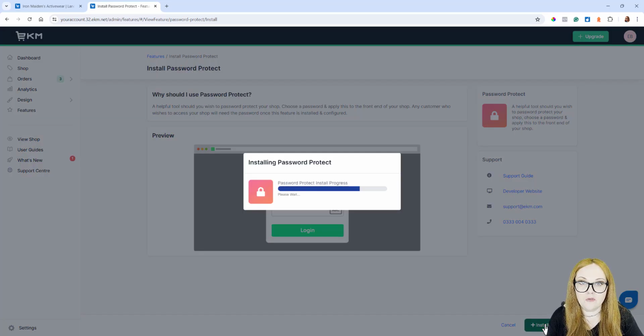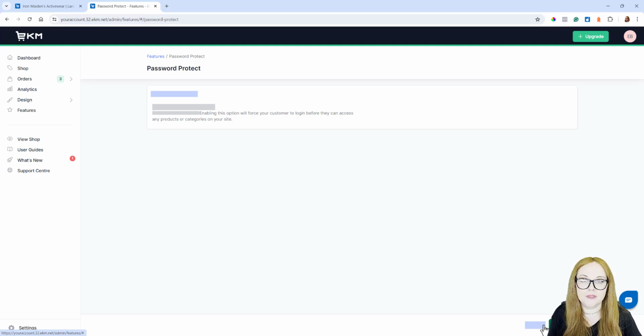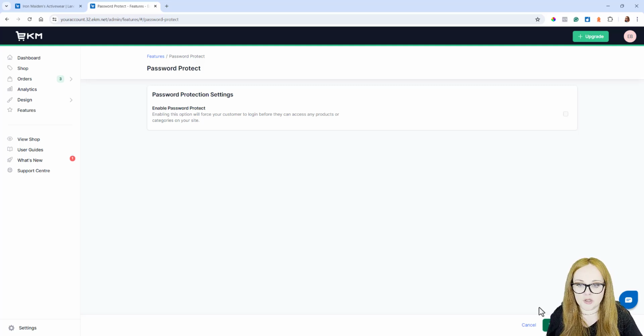Now, this is an incredibly useful feature when you're first building your eCam online shop, because eCam online shops, from the moment the account is created, it's live. And it does have a default domain name, so it's not something someone could easily type into Google and find, but it's still live, it's still visible. So if you want to hide your content from customers whilst you set up your domain name, set up all your content and your products, this is the feature that you would use.